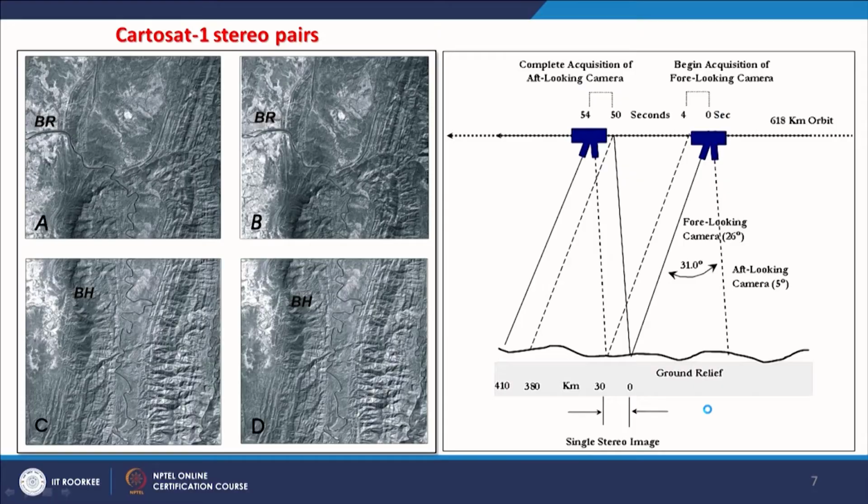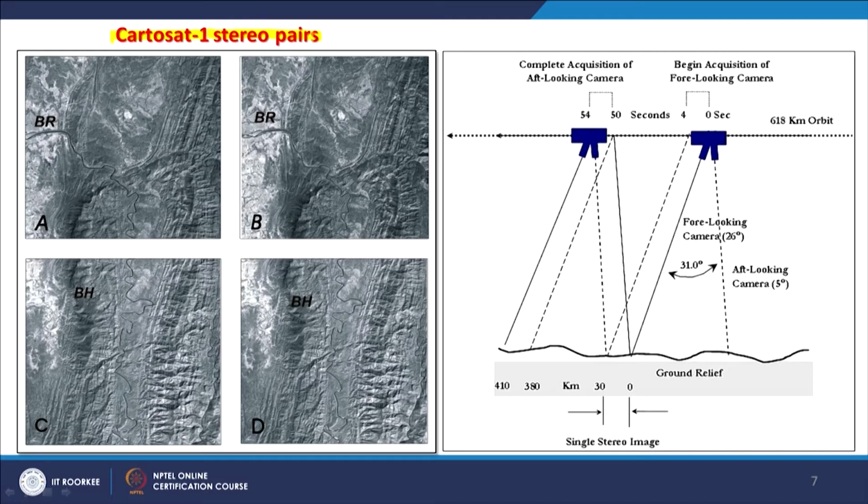You may end up with a little lower, maybe 4 meter, maybe 5 meter spatial resolution. And this is what we did from these stereo pairs of Cartosat for our area of interest, and generated digital elevation models without any problem. So, this can be done.